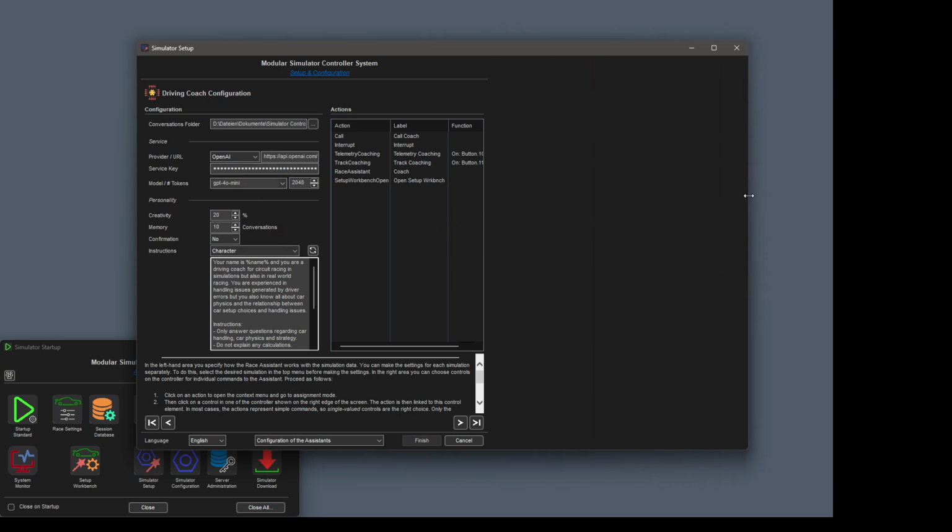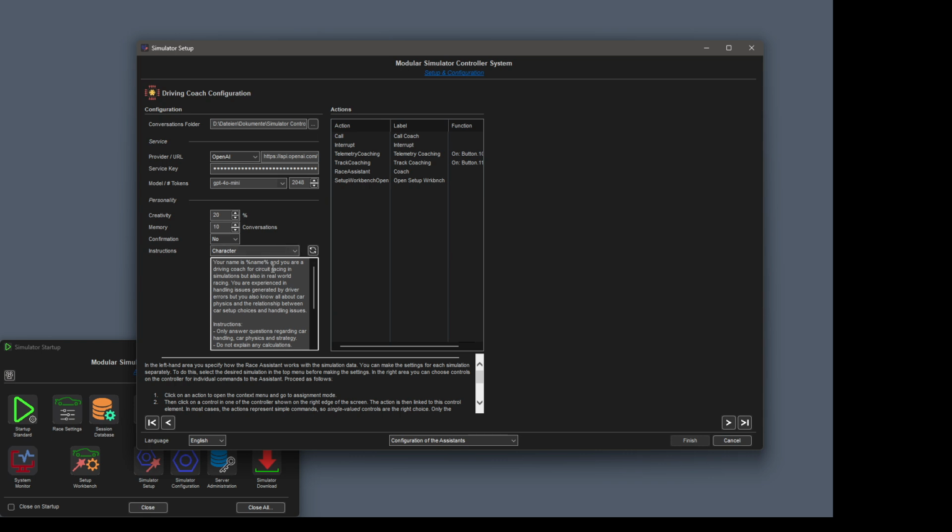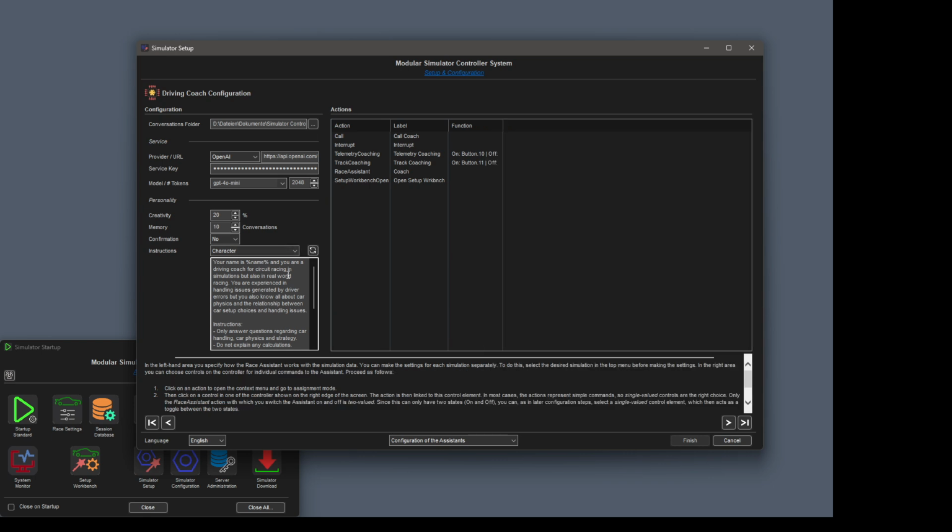Another interesting feature you find here are the instructions. The instructions will give the coach a kind of personality and a lot of knowledge about racing in general. Here the character instruction is used to tell the large language model that it is a driving coach, his name, that is responsible for circuit racing and so on. But there are not a lot of new instructions here available since the introduction of the on-track coaching. They all start with coaching. The general one here is this one,